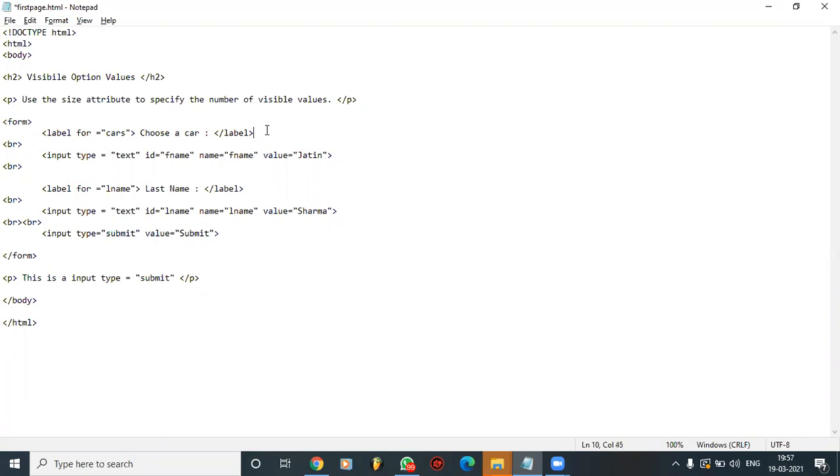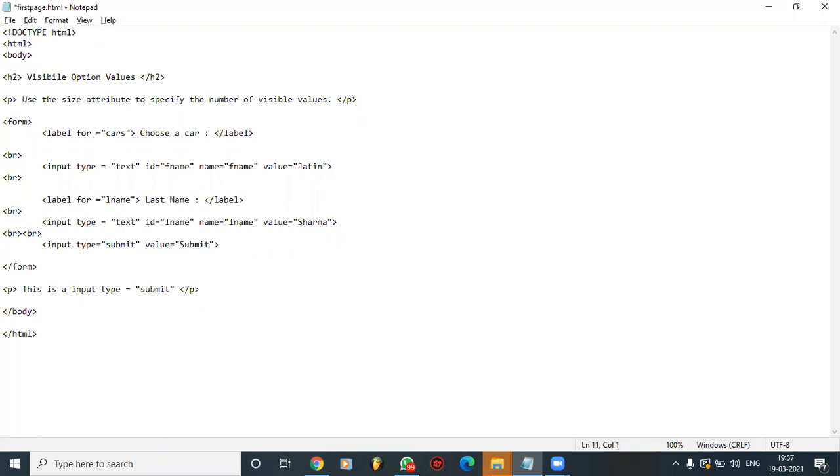Then here select ID cars. Okay, name cars size 3. Okay,